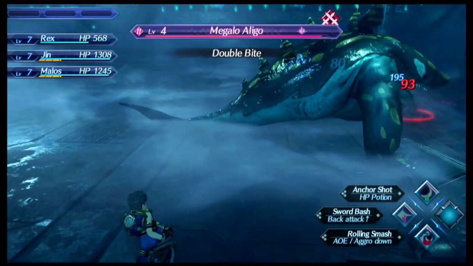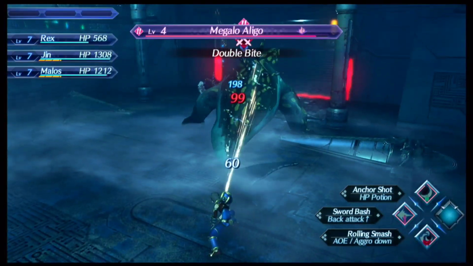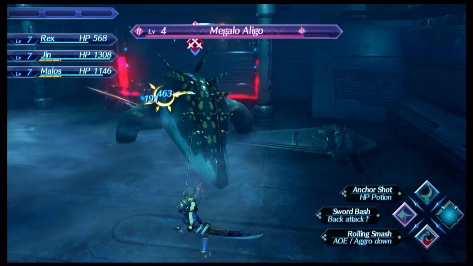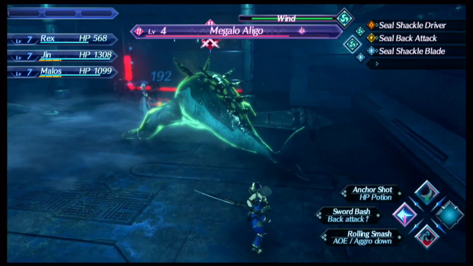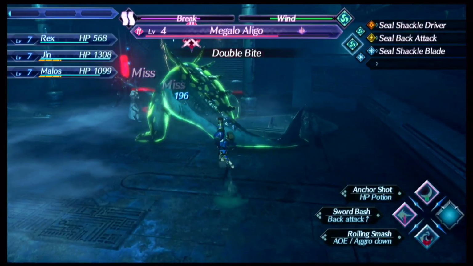The overgrown sludge has quite a few dangerous attacks, but thankfully Malos and Jin should always have aggro over Rex, so we aren't in danger of getting 2 or 3 shot at this point. Rex doesn't do much damage either, so we mainly rely on the other 2 to whittle it down, and Rex is mainly there to build up Anchor Shot for the HP potions, which heal everyone for a little bit,